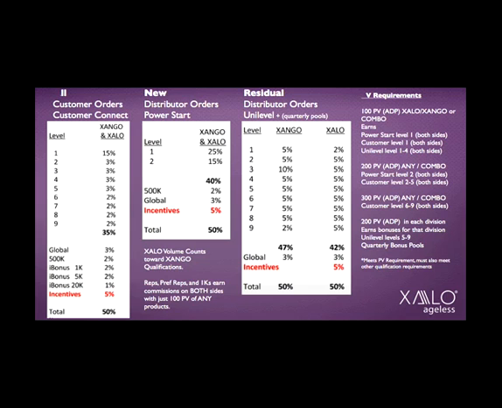So XALO believes in a partnership with their distributors. We're 50-50 partners. Half the money in XALO goes to distributors. Half the money goes to the company to run the company. And, of course, that's the way it is with all in industry. All products, 50% at least or more, goes into advertising.